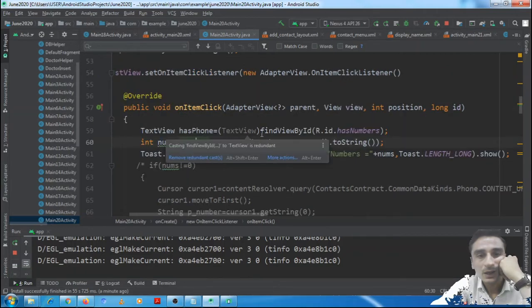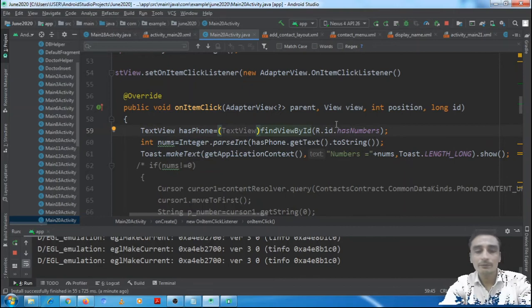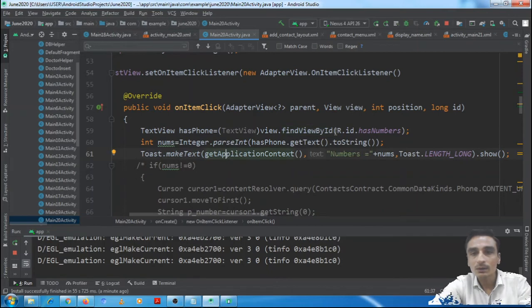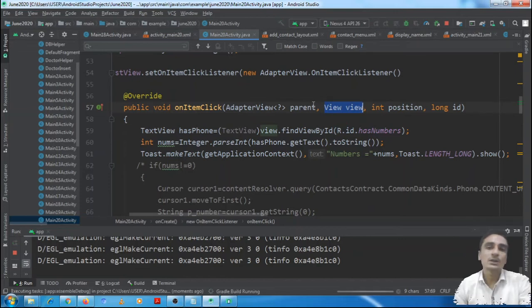Okay, yeah, it is to be passed here: view.findViewById. View dot, because the text view is inside the view. The view is repeated for each record in the list view, each item in the list view.